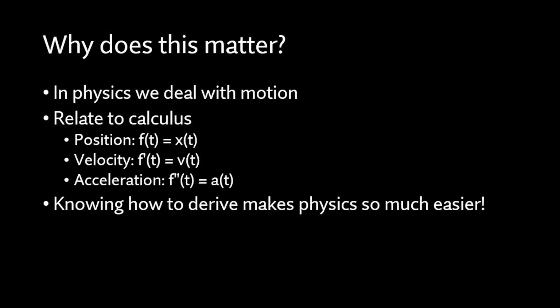Why does this matter in terms of physics? Well, in physics, we deal with motion. This can relate to calculus as the position of an object can be related to the x of the function. The velocity is the derivative of that position function, being f prime or v of t, and the acceleration is the double derivative of that, or double dash, if you will, otherwise known as a of t. Knowing how to derive the derivatives of different functions can make physics very